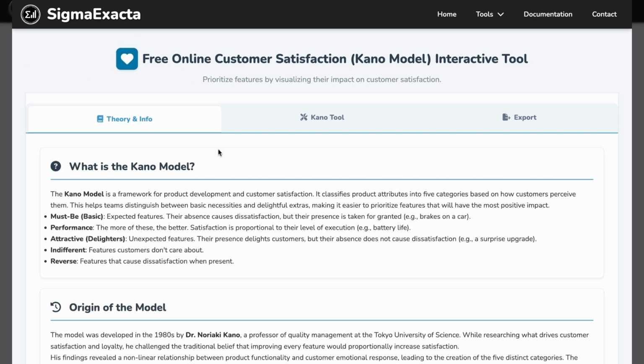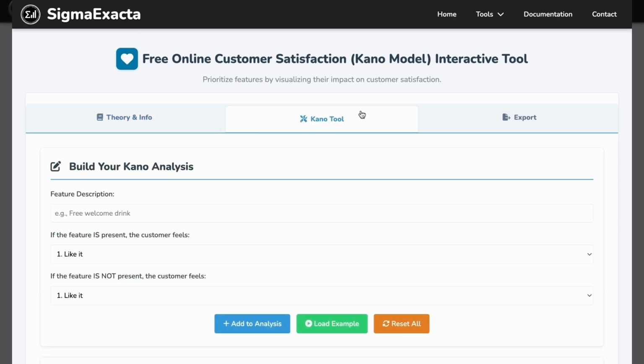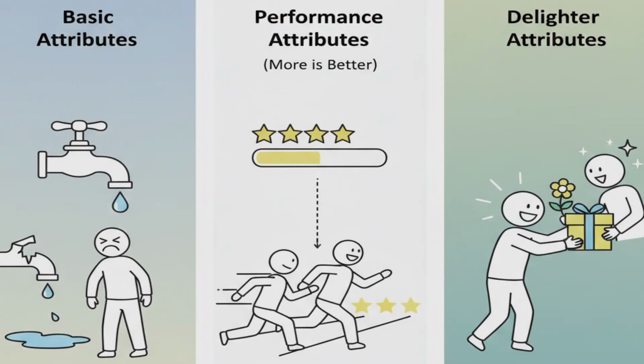We'll use this free, interactive online tool to show you how to classify features into 3 critical buckets: the must-haves, the performance drivers, and the delightful exciters. If you want to stop guessing what to build next and start guaranteeing customer joy, this tool is your strategic